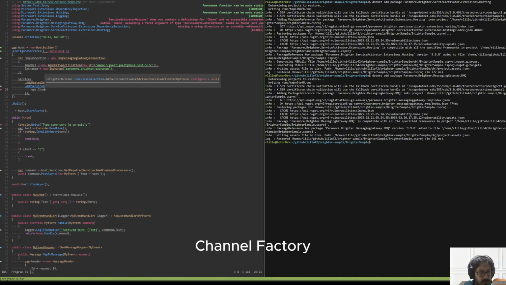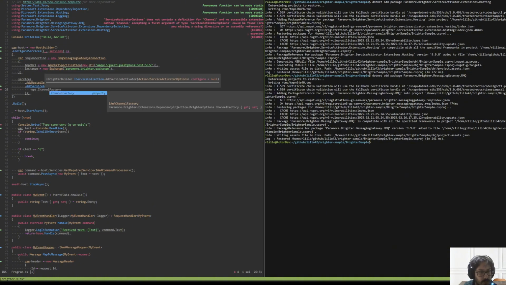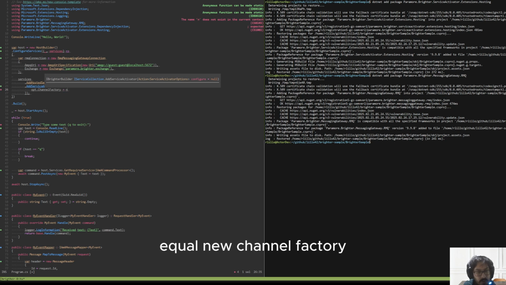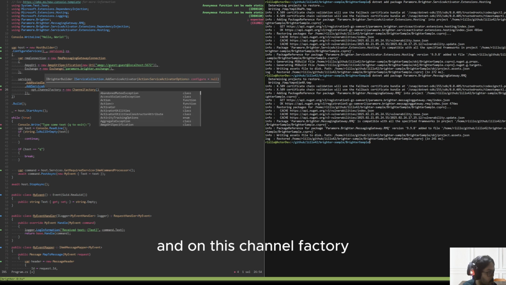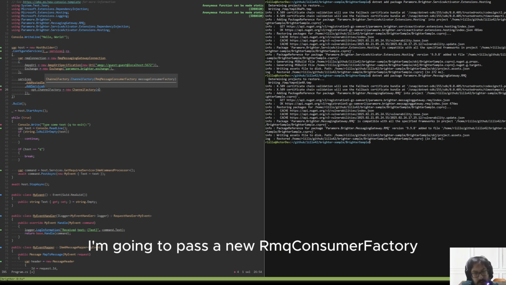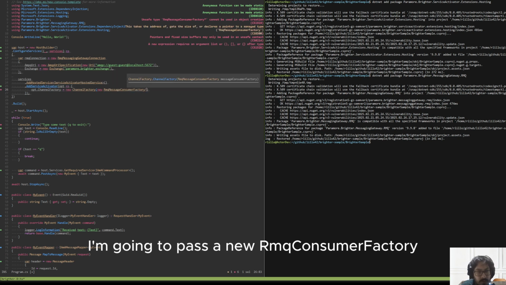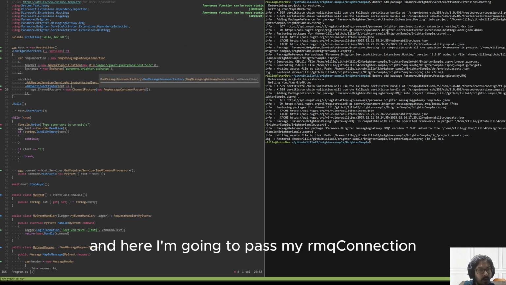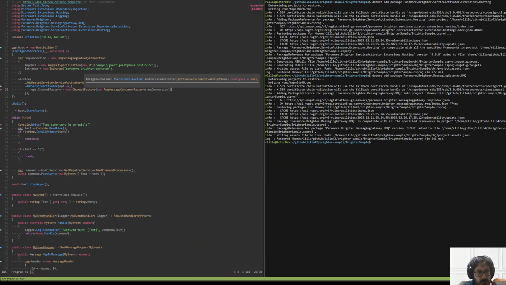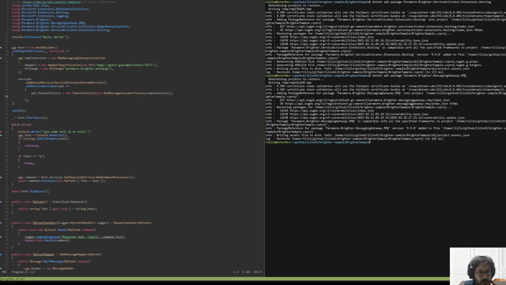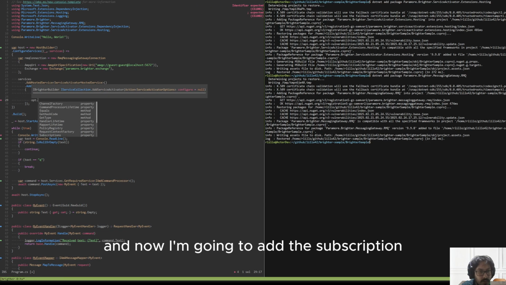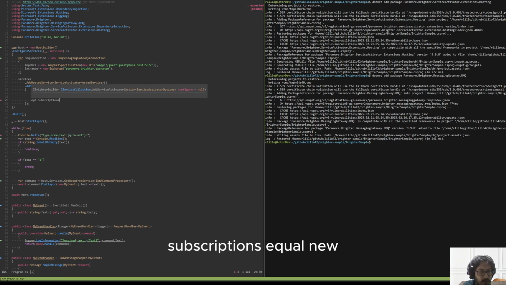Channel factory equals new channel factory, and on this channel factory I'm going to pass a new RabbitMQ consumer factory. Here I'm going to pass my RabbitMQ connection. And now I'm going to add the subscription. So subscriptions equal new